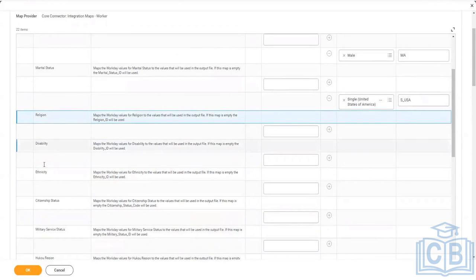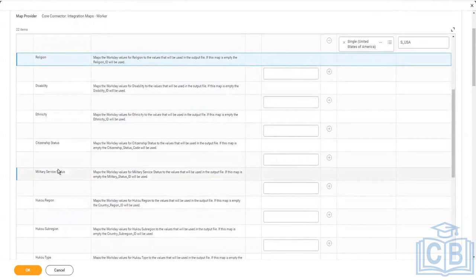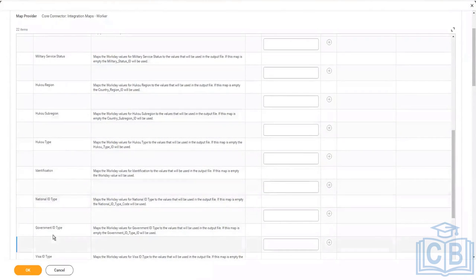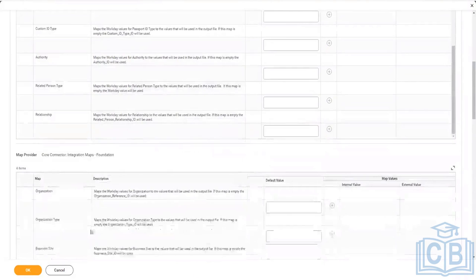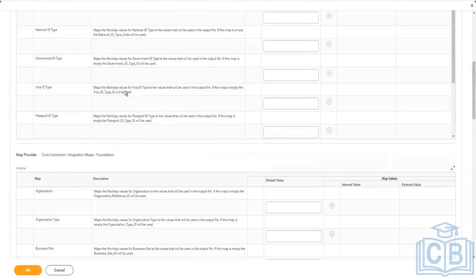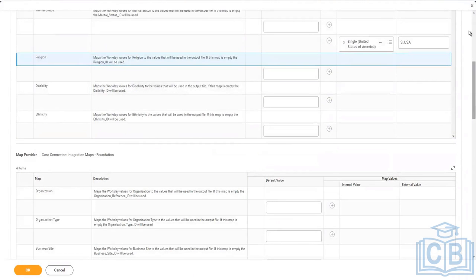And then we have options for religion, disability, ethnicity, citizen status, military service status, Hukou region, Hukou type, government ID, national ID type, visa ID type and so on. You have all the worker tabs on the top for integration attributes. For integration maps,